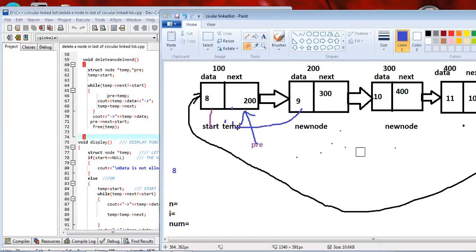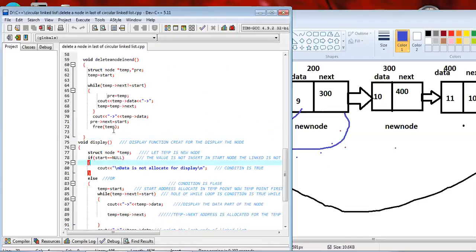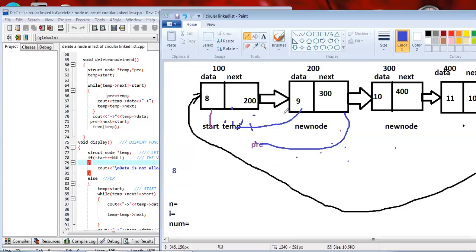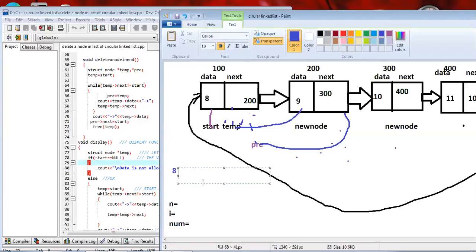Pre equal to temp means the address of temp is allocated in pre, meaning pre points to the next node and this link is removed. See out temp data, meaning temp points to this node, and this node contains the data 9, and 9 is displayed on our screen.